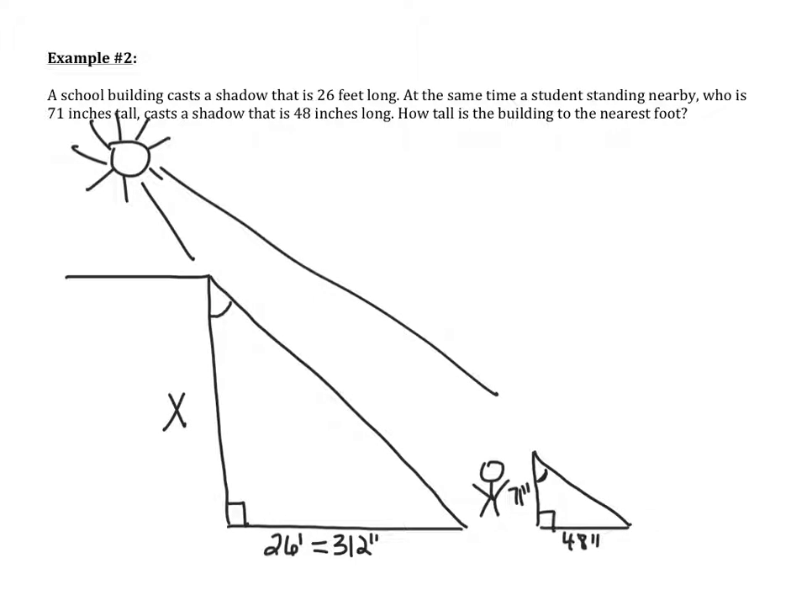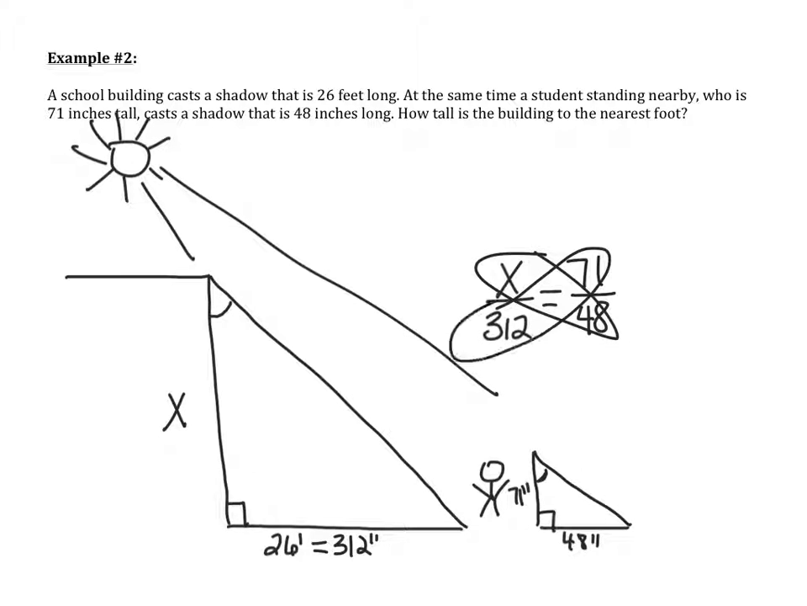So we can actually set up a proportion now to find this missing length. It would be x over 312 equals, since this side corresponds to this side, I'm going to put 71 on top, and then all I have to do is cross multiply to find x. So I'm going to cross multiply here, so I would have 48x equals 22,152, and then I would divide both sides by 48. So you end up with x equals